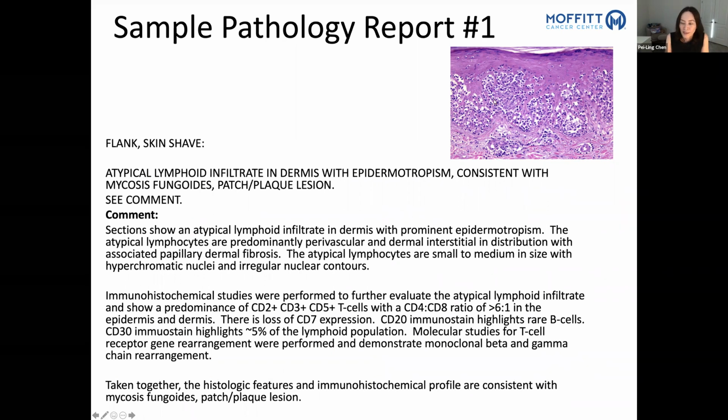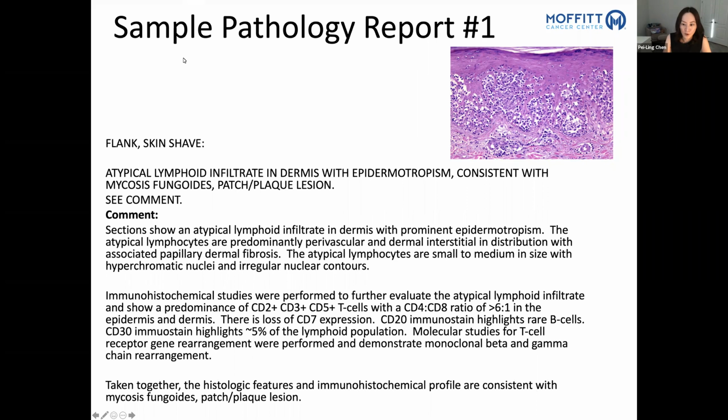And what we see here is the epidermis, the dermis, dermal blood vessels, perivascular malignant T cells, and epidermal tropism, meaning these malignant T cells home to the epidermis. So in my comments, I would say sections of these skin sections show an atypical lymphoid infiltrate in the dermis